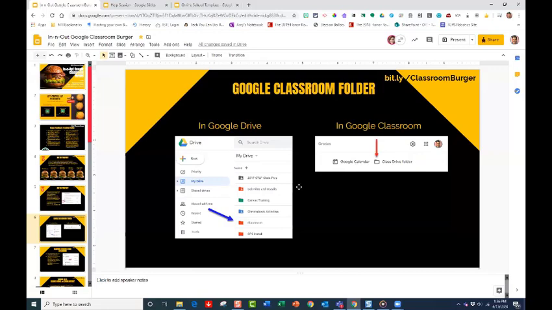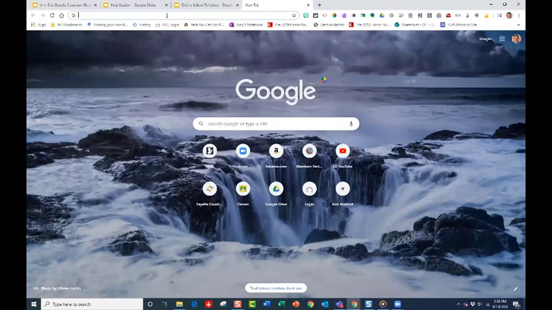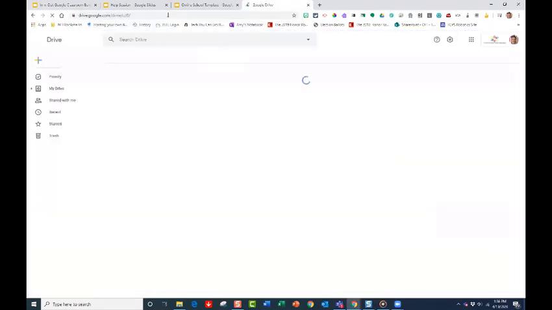And I'm going to show you what that looks like. Now, there's two ways that the students can get there. Number one, you can go to Google Drive. Number two, inside their Google Classroom, there is a folder called Class Drive folder. So if I open up a new tab here and go to drive.google.com,